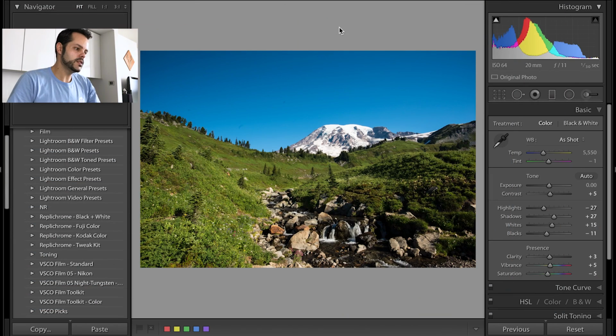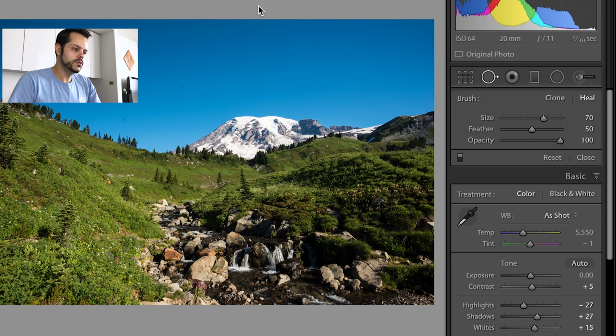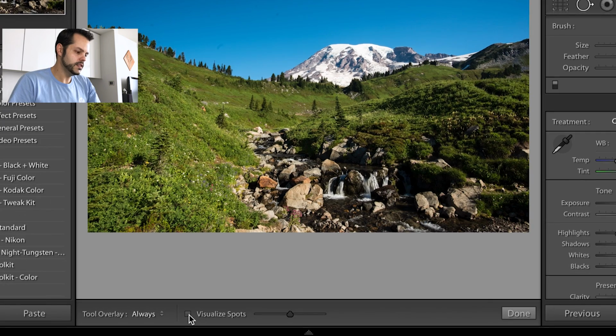So let's jump over here into Lightroom, and what we're going to do is go into the spot removal tool, and you're going to use this if you want to get rid of these spots. And like I said, in this particular image, there are some really easy to see ones here. You can see I obviously had a little dust on my sensor, but I might be missing a few as well. So what we're going to do is go down here to this visualize spots box and